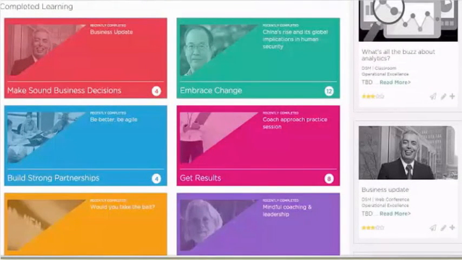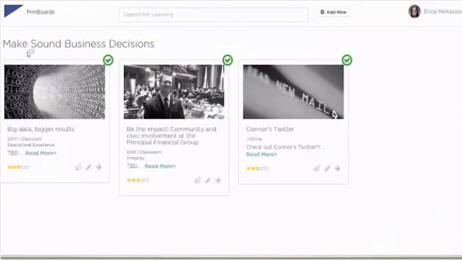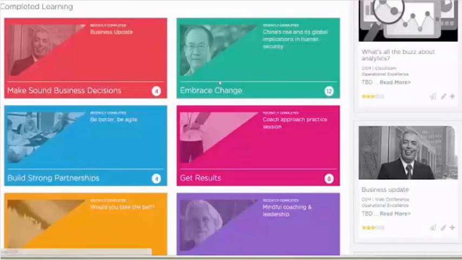And then this is what Kim mentioned earlier about the core competencies. A lot of times when we fill out our performance reviews, we have to indicate how we demonstrated these core competencies, but a lot of times it's hard for us to remember. So here's a nice way to pin all our different tasks into these boards to say, okay, for make a sound business decision, things I've completed for the year. So then I could easily go through and log all these developments I did throughout the year to demonstrate to your leaders that you've put some effort into developing this competency.